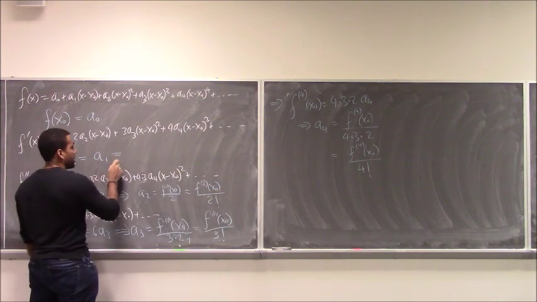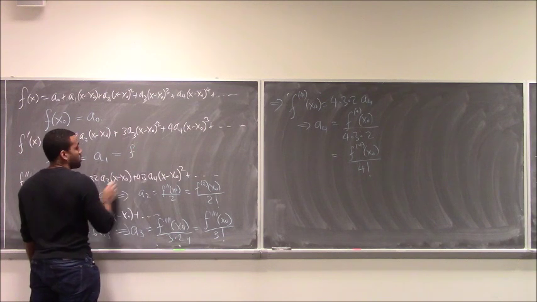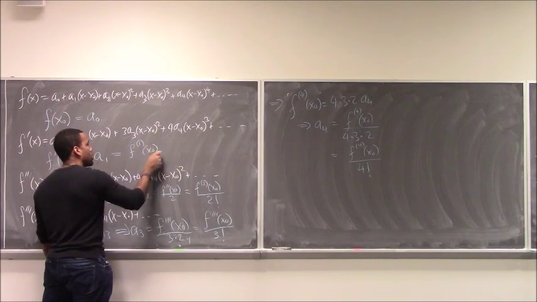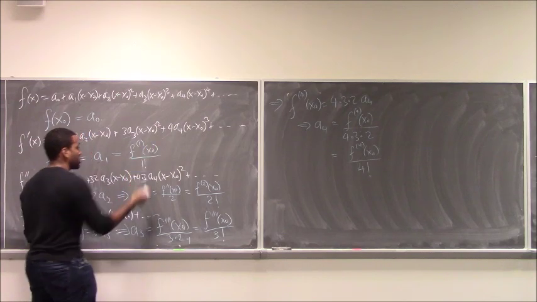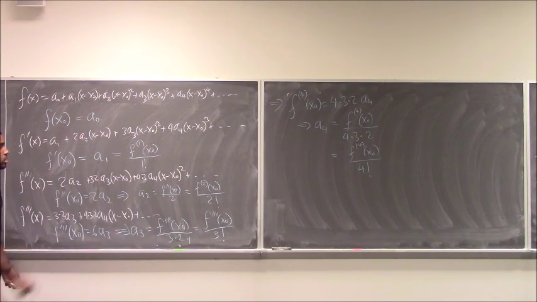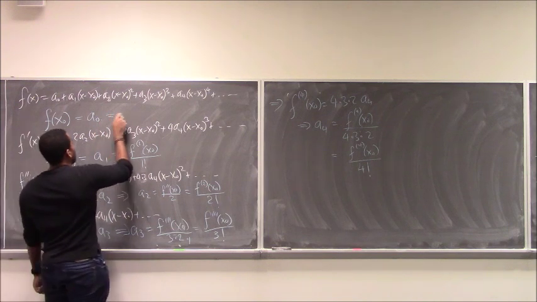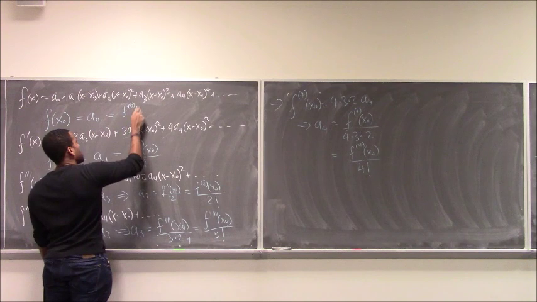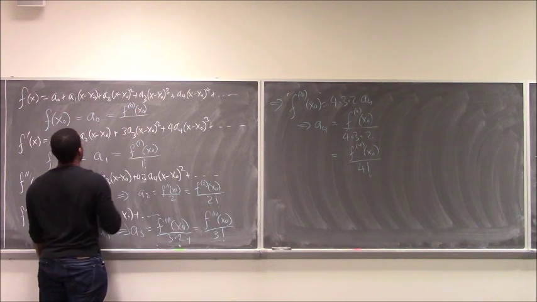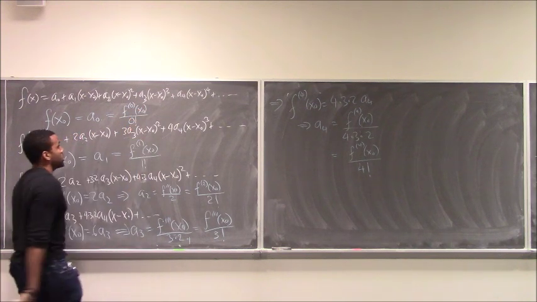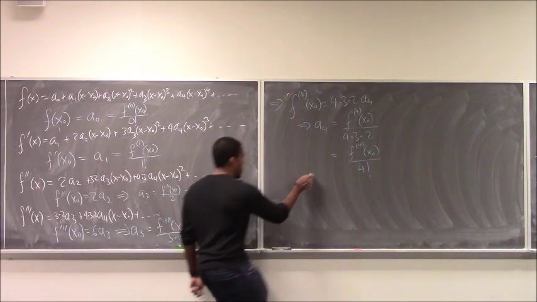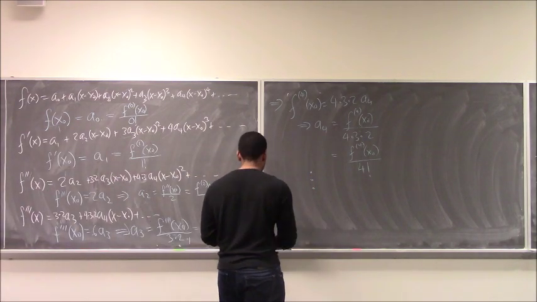You can notice that this is actually f to the first prime, right? When you write a power in parentheses, it means derivative, over 1 factorial, because you can think of this as being divided by 1. This one you can think of as f to the 0th prime, no derivatives is the original function, over 0 factorial, which is actually 1. And so, dot, dot, dot, the pattern is